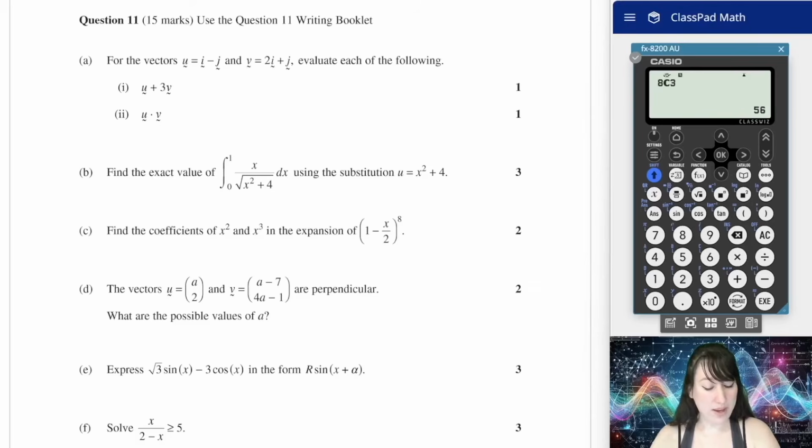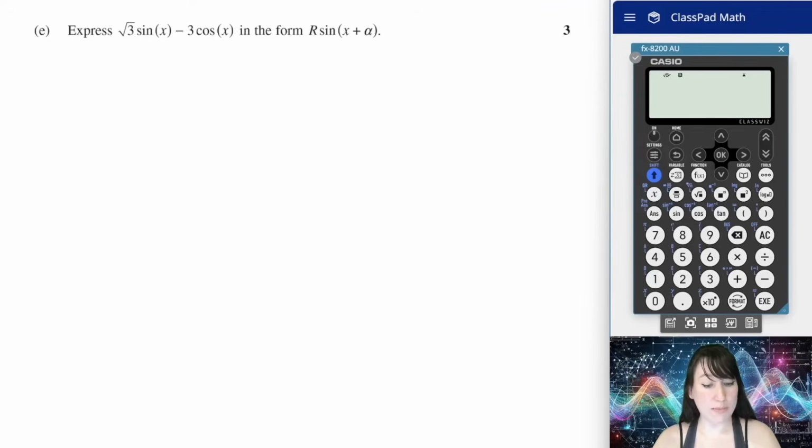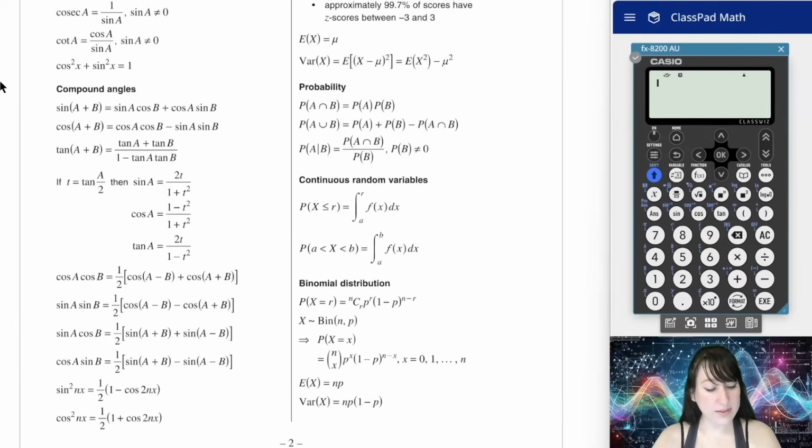Question 11e. Express the square root of 3 sine x minus 3 cosine x in the form r sine of x plus alpha. In order to combine these two trigonometric functions with the auxiliary angle method, you can do so without memorizing anything by using angle sum identities. So let's look at those compound angle identities on the reference sheets. We're trying to get it in the form of sine of x plus alpha, which will fit the sine angle sum identity. Sine A cosine B plus cosine A sine B. So we'll write